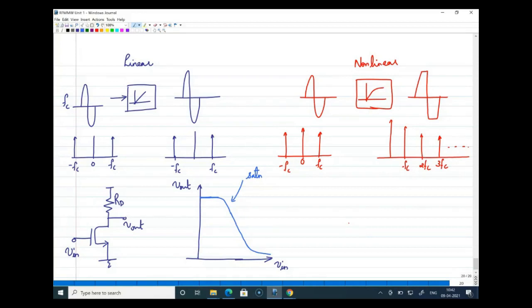And you can clearly see that this portion of the transfer curve is linear to some extent. And what we do here is,